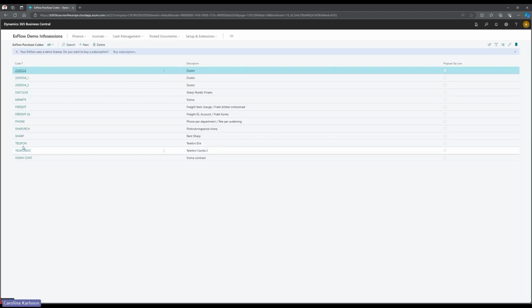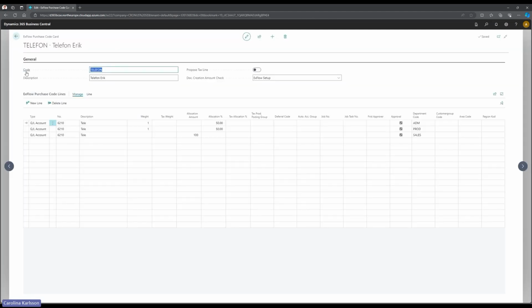So let's go back and look at a code. So here we have the code name is telefon, so very Swedish, telephone, and it is for Eric. And down here you can see that I have 3 accounts, 3 lines. I have added that I want 50% to go to this account, and I have added a dimension, like a department code here, 50% to this one, to production, but then also a fixed amount. So 100 should go to this one to sales,